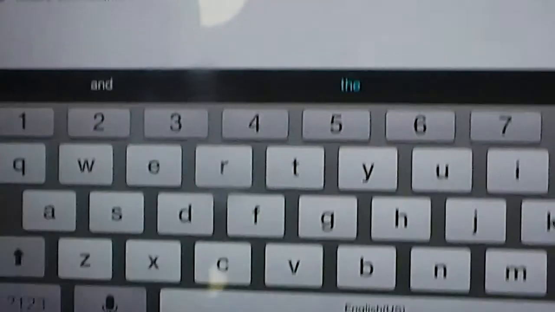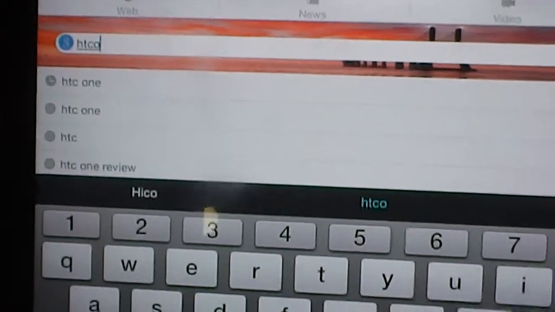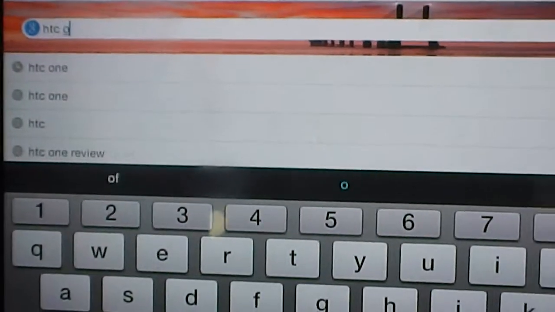For instance, if I want to search for images of the HTC One, I just tap that image button up there, tap in here, which I already did, and type in, of course, HTC One. I already did it up there, but I'm going to do it again just to show it to you guys. Hit the enter button,